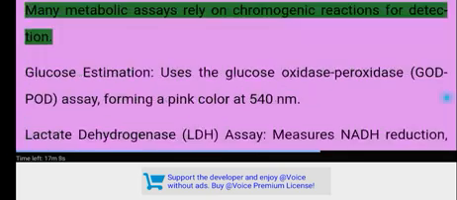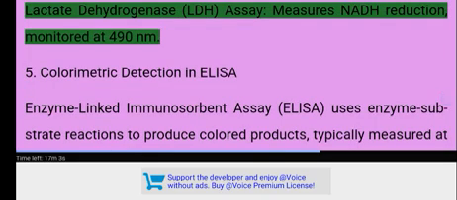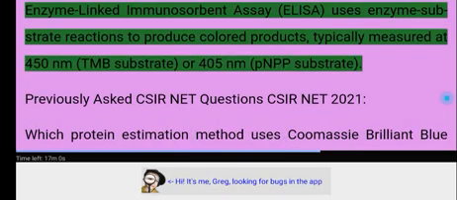4. Detection of metabolites. Many metabolic assays rely on chromogenic reactions for detection. Glucose estimation uses the glucose oxidase-peroxidase, GOD-POD, assay, forming a pink color at 540 nanometers. Lactate dehydrogenase, LDH, assay measures NADH reduction, monitored at 490 nanometers. 5. Colorimetric detection in ELISA. Enzyme-linked immunosorbent assay, ELISA, uses enzyme-substrate reactions to produce colored products, typically measured at 450 nanometers for TMB substrate or